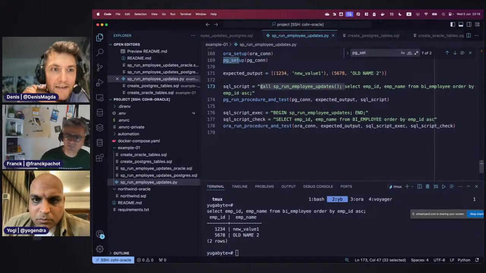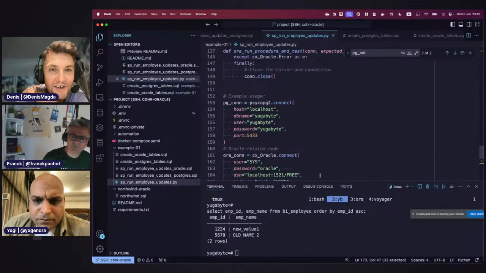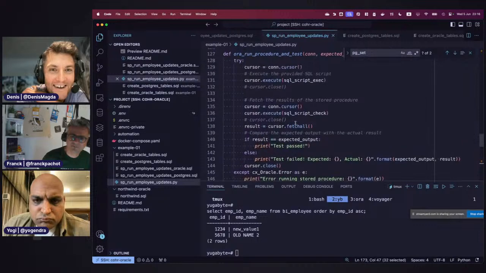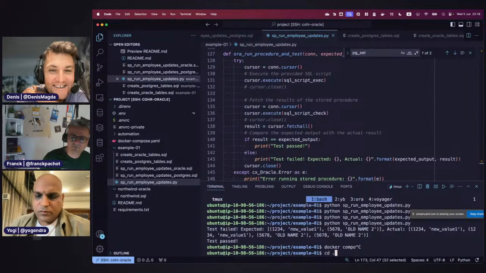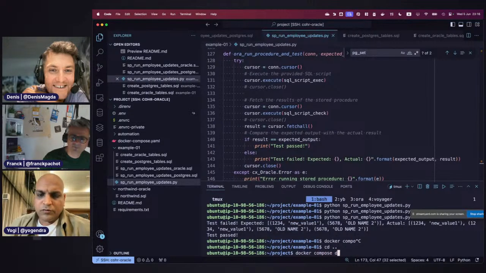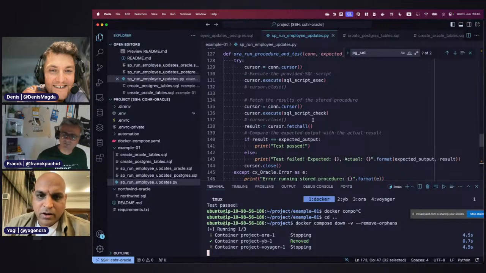It should be, the issue should be somewhere in the beginning. If you actually stop this YugabyteDB instance and restart this script, will it fail or not? I'm just curious if it connects to this. Yeah, let's do that. Docker compose down, remove the volumes, so I clean out that whole thing.